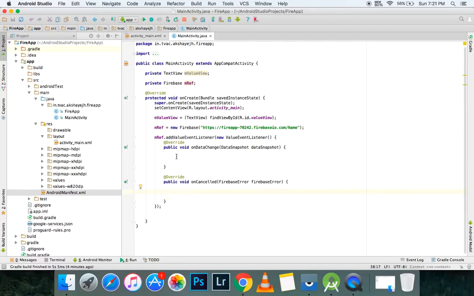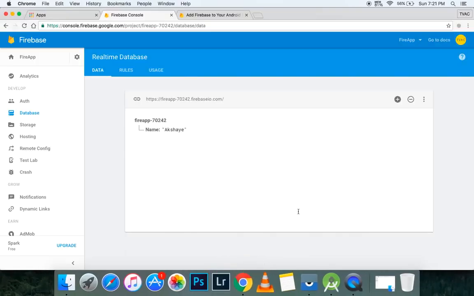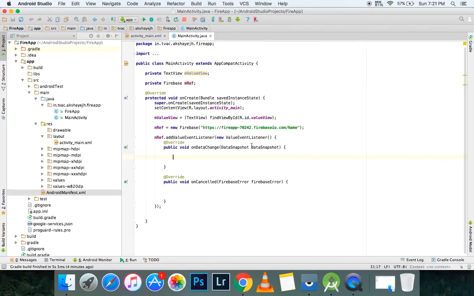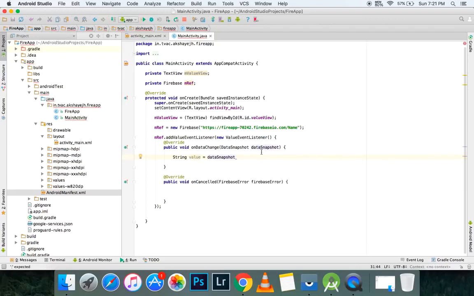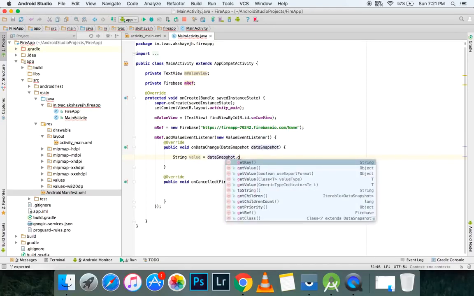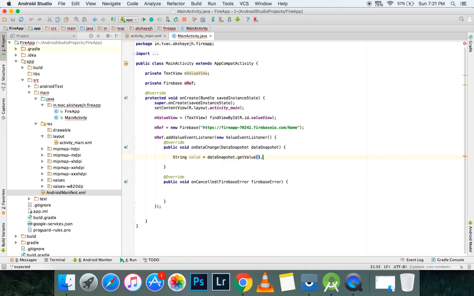So whenever we change any data from this name object inside the database, it's going to get the value from it and store it inside the data snapshot variable. All right, so what we can do next is, I'm going to say string, and we can call it anything, string value equals data snapshot. So this is where it gets the data. Then we can say get value and